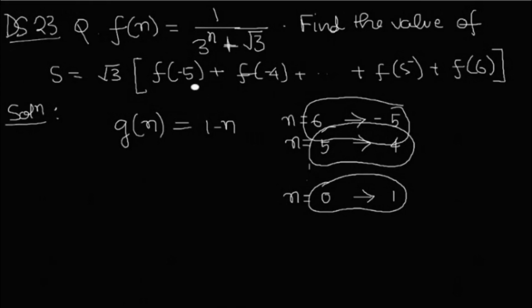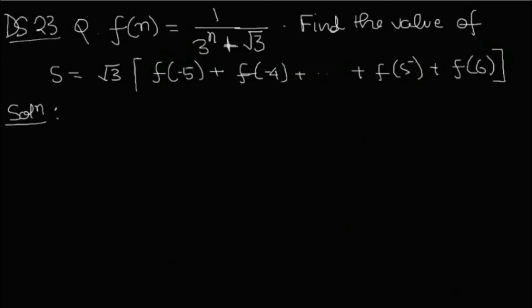So what I mean to say is, I want to see how this function behaves if I take this pair at first, and then I'll take this pair, and then take the rest of the pairs. And there will be n equals to 0 that will be left for me. So just forget about this. Because there is this connection of minus 5 with 6, minus 4 with 5, and so on. What we can do is just see how the function behaves for f of n